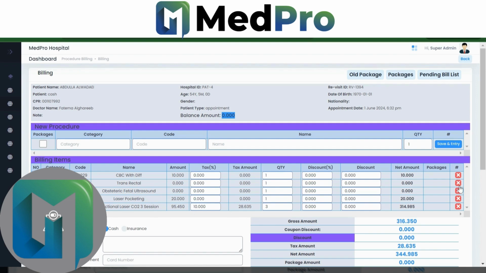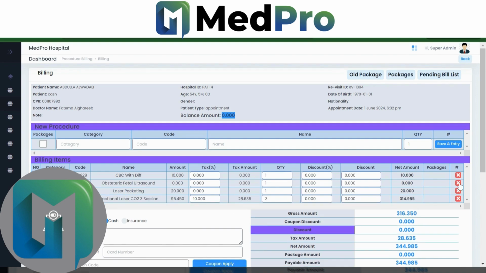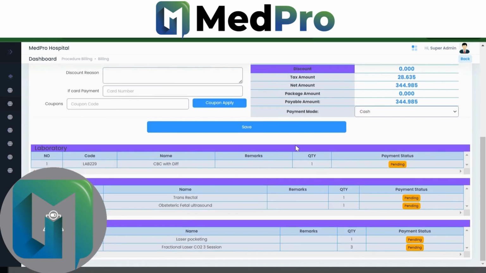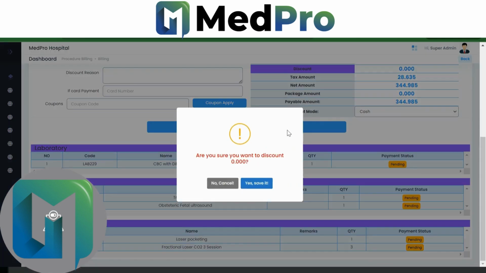If I want to delete, suppose, one, I can delete it from here because the patient is not going to do that. But it's not deleted forever because it's a doctor order. I cannot delete it forever, so it will be there on the pending list again. And now if I want to give a discount, similarly I can change to cash or insurance, and their orders are showing already as pending. So I'll just generate the